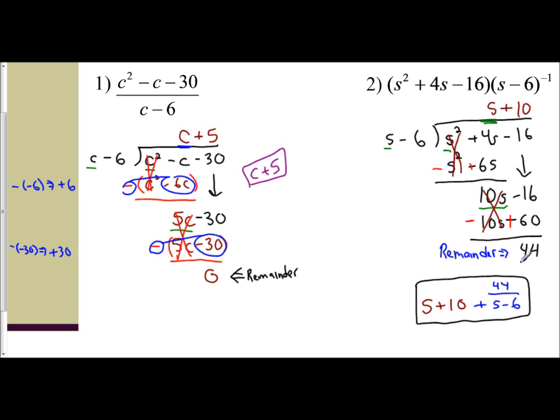So your trick with the remainder is to take your remainder and put it over what you divided by originally at the end. If this were a -44, this would be a minus sign. Since it's a positive 44, it's a plus sign. And you just put your expression in front of it. So this is brief examples on how to do long division with binomials into a polynomial. The key is organize your work